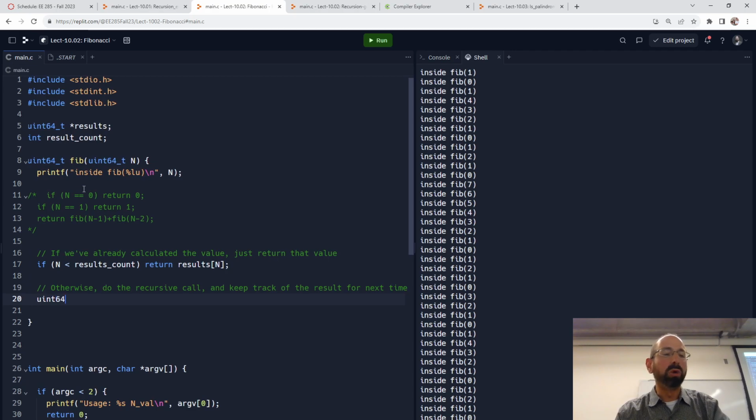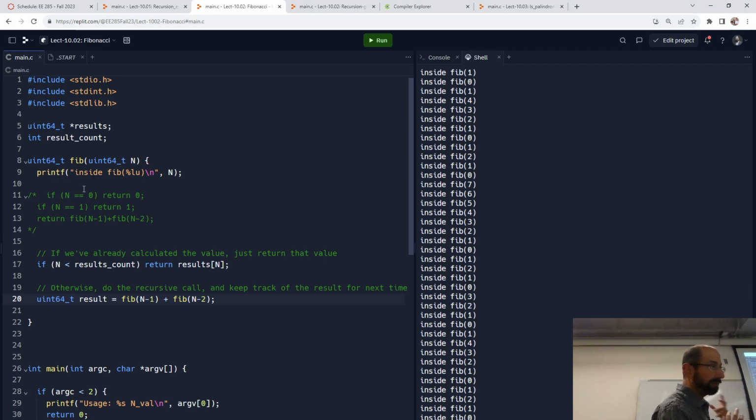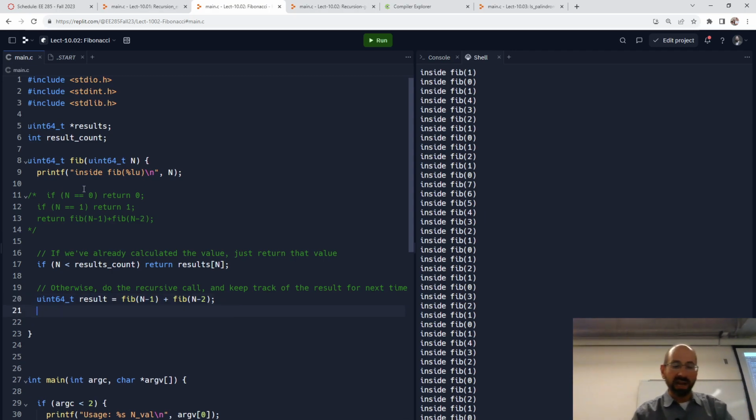So to do that, I do want to store the result directly. We'll just call that result, and that is going to be the recursive call. I've got to think about whether doing n-1 first would be any better than doing n-2 first. That's up to the compiler anyway. Take the result of Fibonacci of n-1, add it to the result of Fibonacci of n-2, store it locally now as a result, and update our table